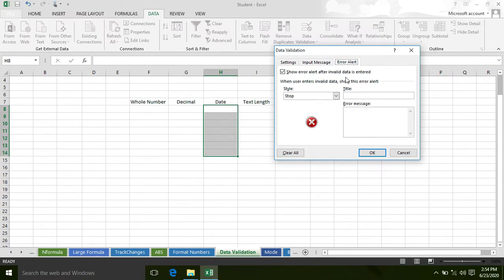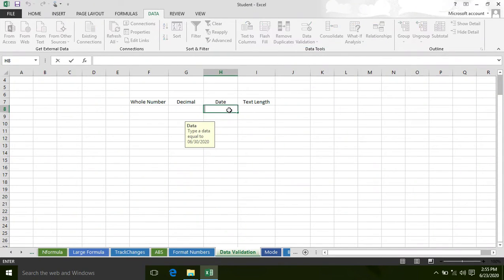Now click on error alert and type: invalid data. If I type a wrong date, I will get an error message, invalid data entry. Click on OK button.